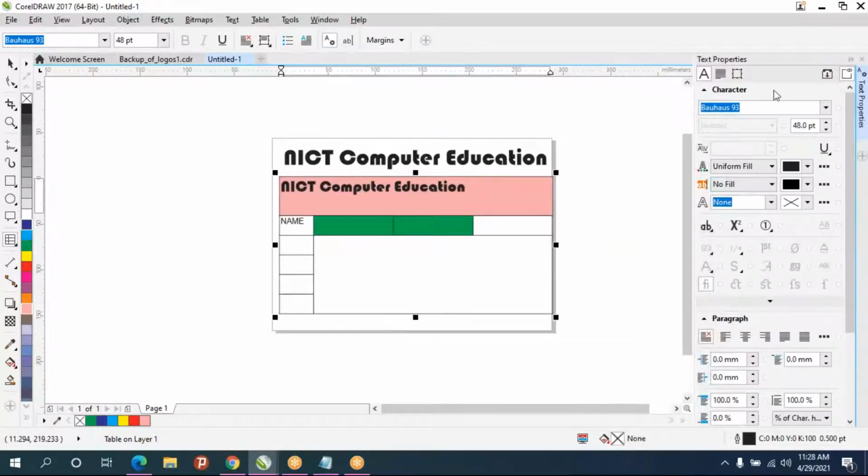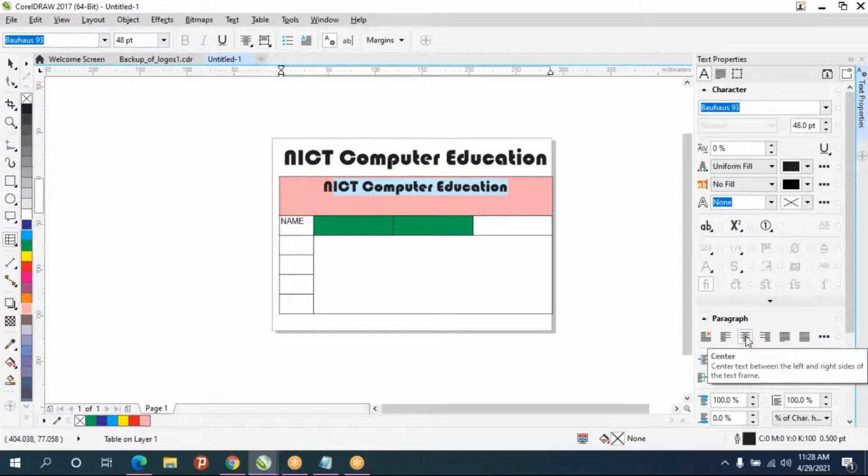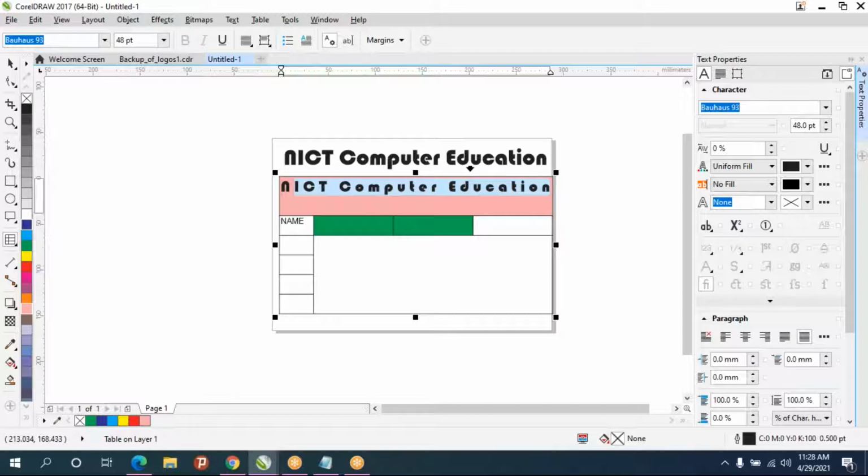The right side text property will come, and whichever text you want in the center, select that and make it center. And justify, you can split also the text according to the cell size. You can do split, or just center means center.